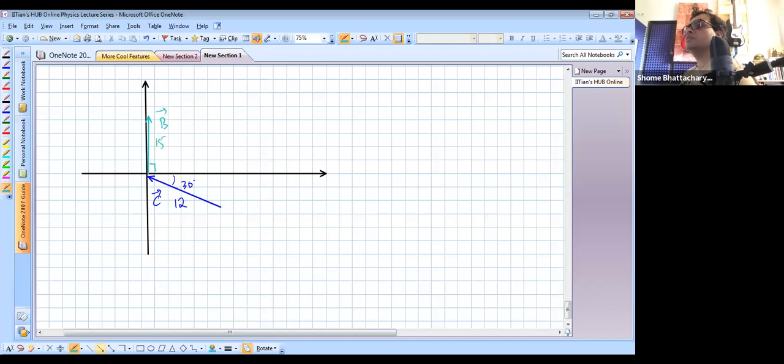So if you just draw them separately, you'll understand what is the angle between them. You'll understand that the angle between them is 60 degrees because